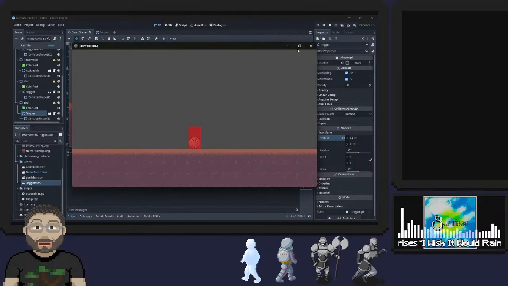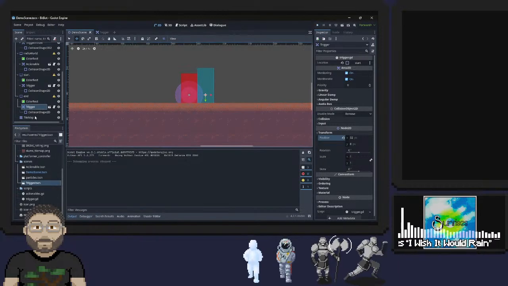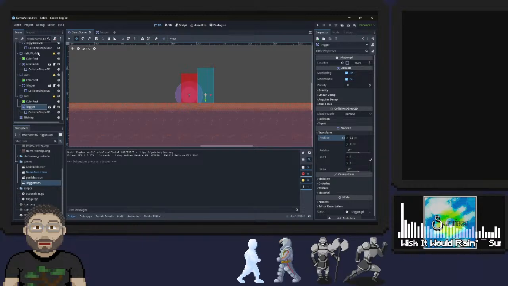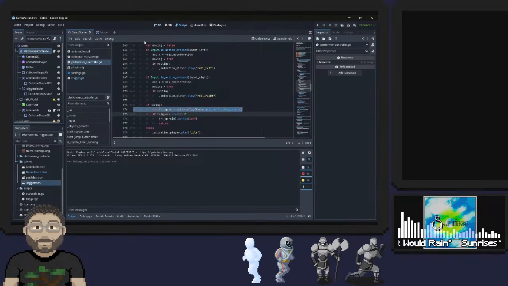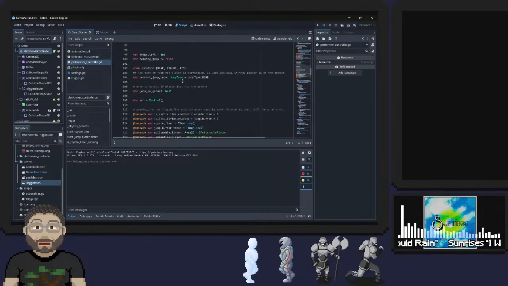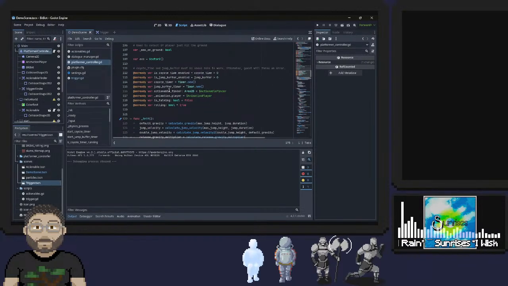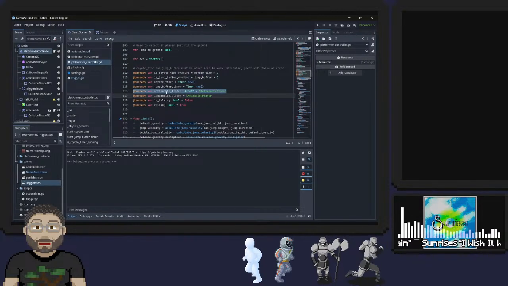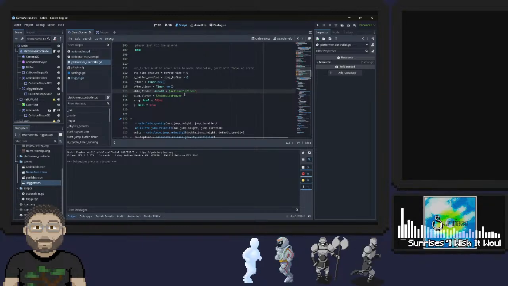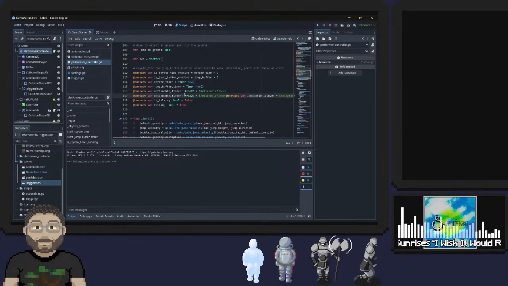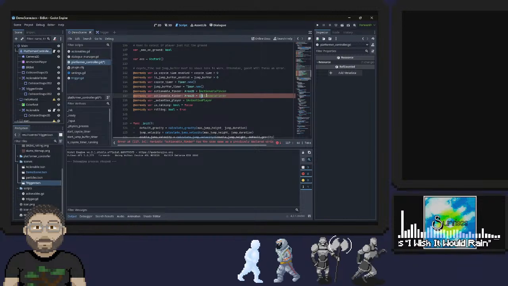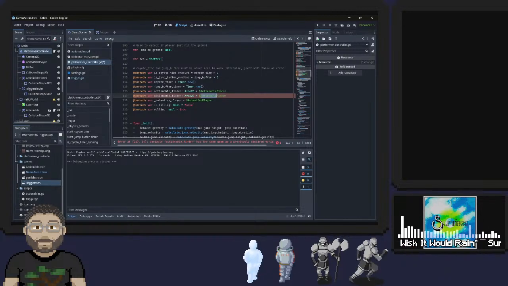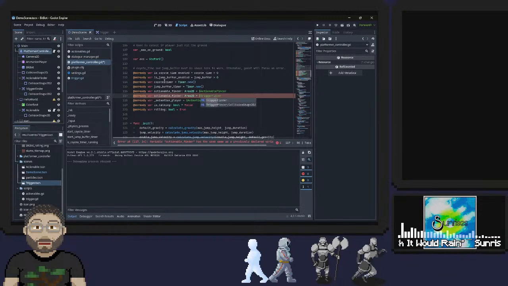Oh wait, no. I know it's not gonna work. I'm dumb. I have to go back into the platformer controller script, and I need to create a new finder for the trigger finder. And we're gonna call this trigger finder,